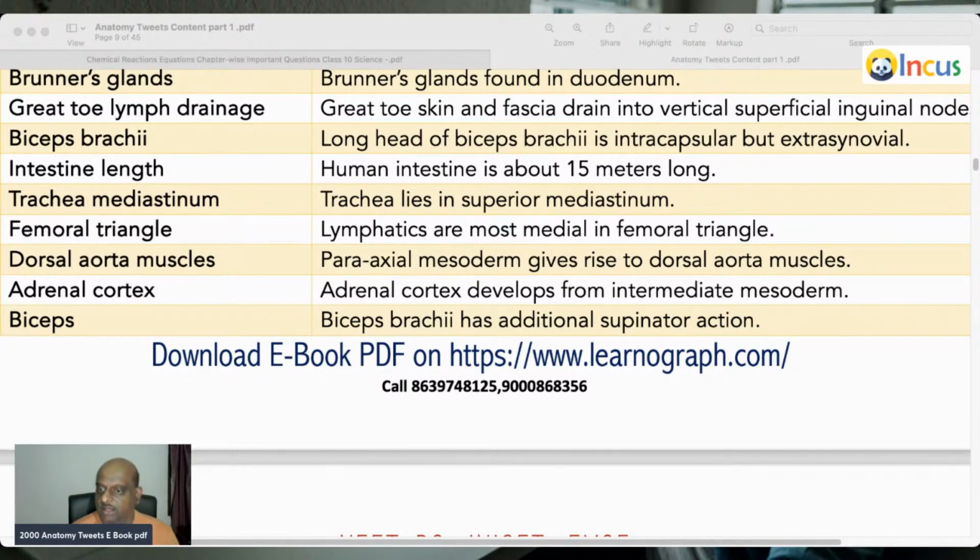Very nice to see Ravinder, late but latest available. So Ravinder is asking, is this 2000